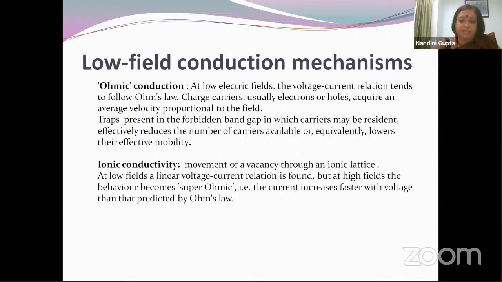Now, if you have a lot of traps in a dielectric, it means that as the electrons or the ionic carriers flow,